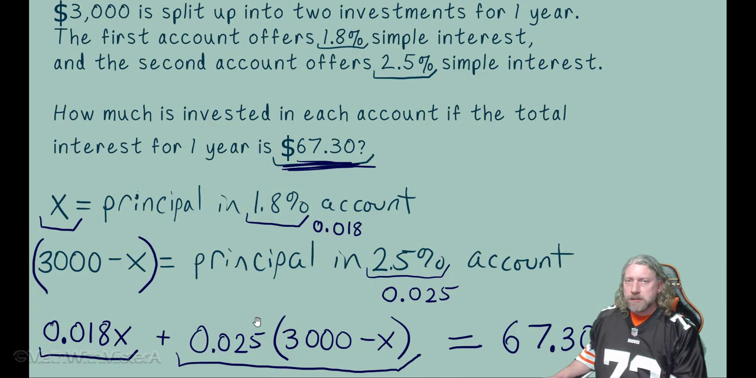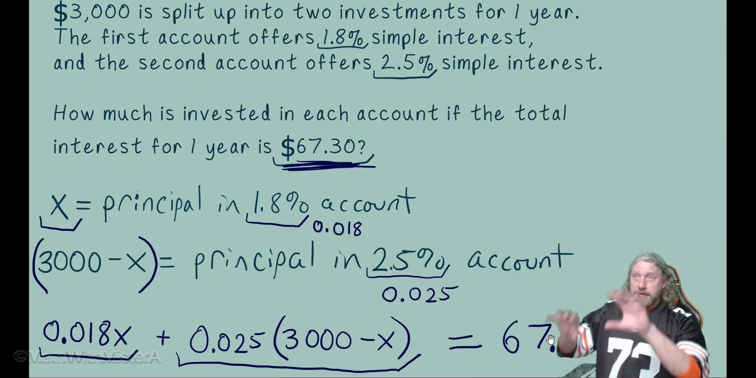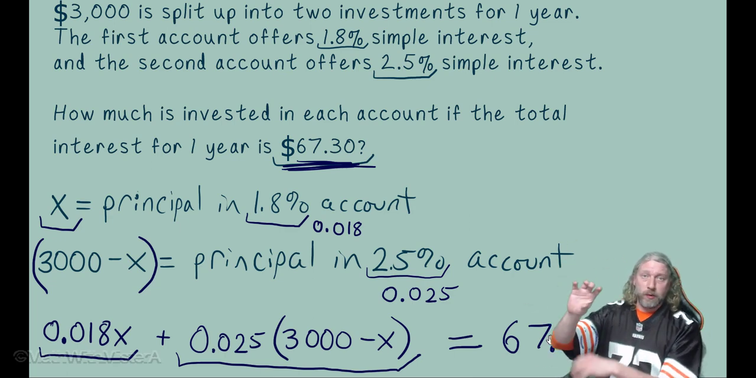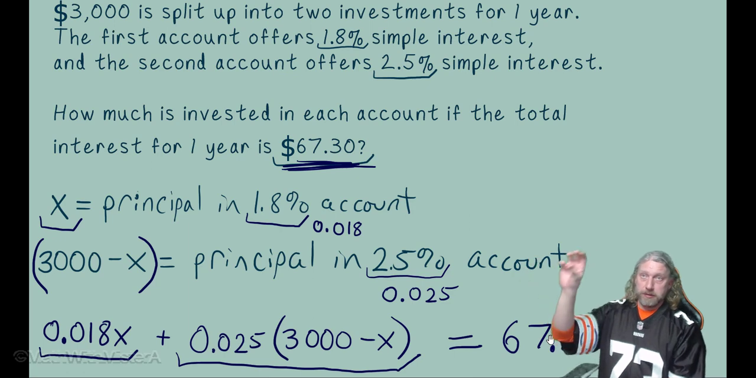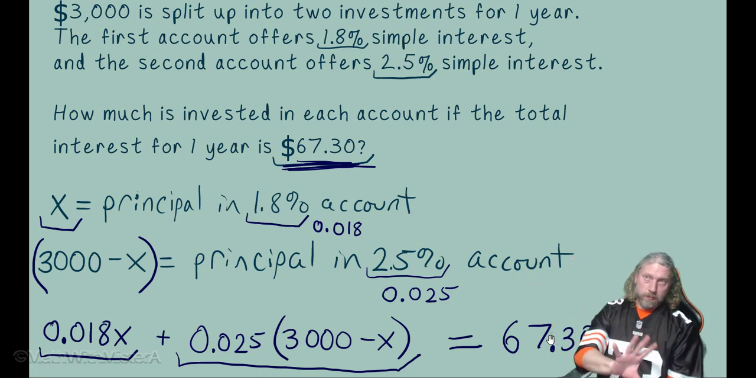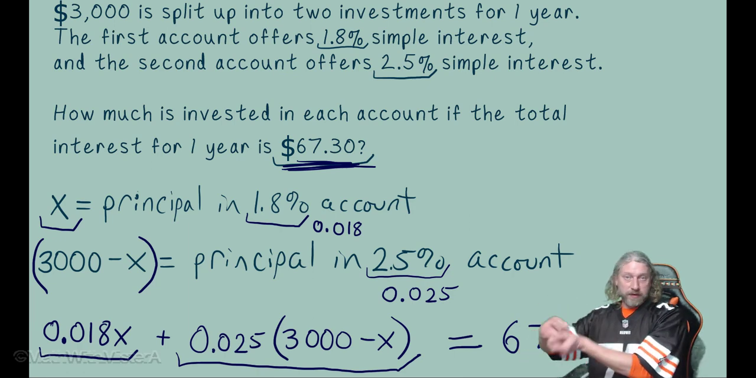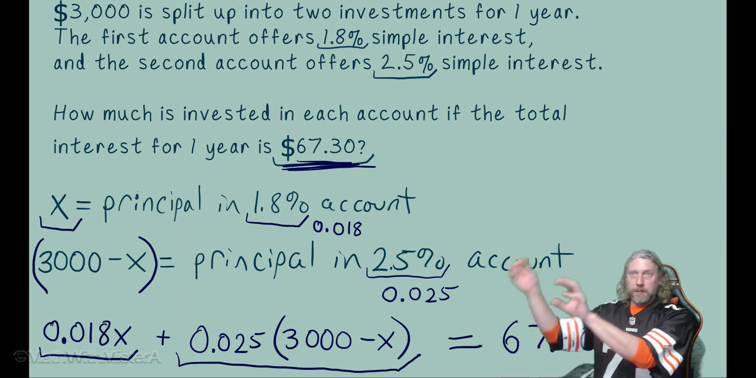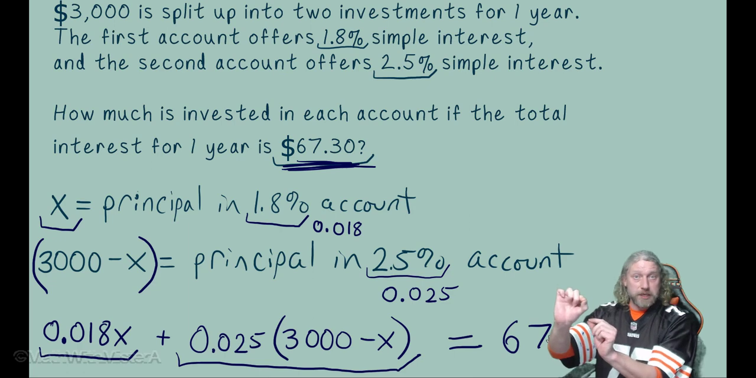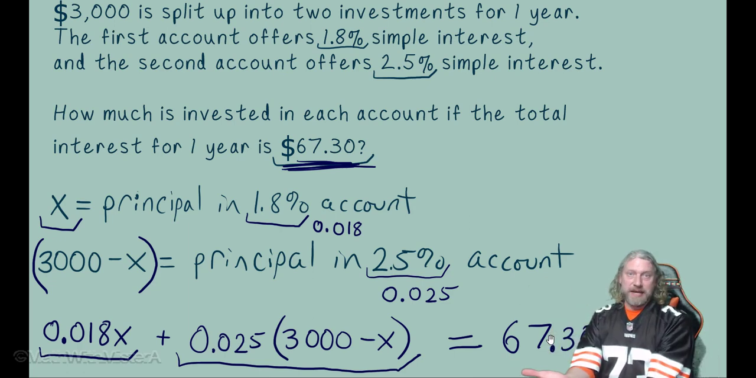$67.30. So let's rewrite this equation on a new page so that we can go through all the steps for solving it. But then we'll come back here because this is really home base where we've defined these variables. X is the principal in the 1.8% account. 3,000 minus X is the principal in the 2.5% account. We want to come right back to where we define those variables to really give the best kind of answer